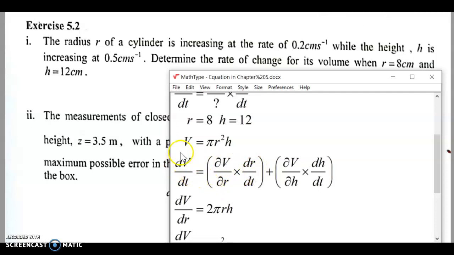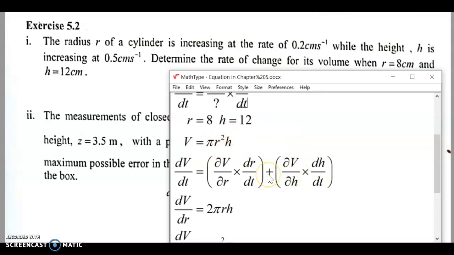Okay, so this dv/dt consists of the partial derivative of v in terms of r times dr/dt, right? So we'll get dv/dt, and then we also have the same component in terms of height. So why do we do partial derivative here? Because to find the derivative in terms of r, we need to partially derive it in terms of r. Right, to get it in terms of h, we need to partially derive it in terms of h,